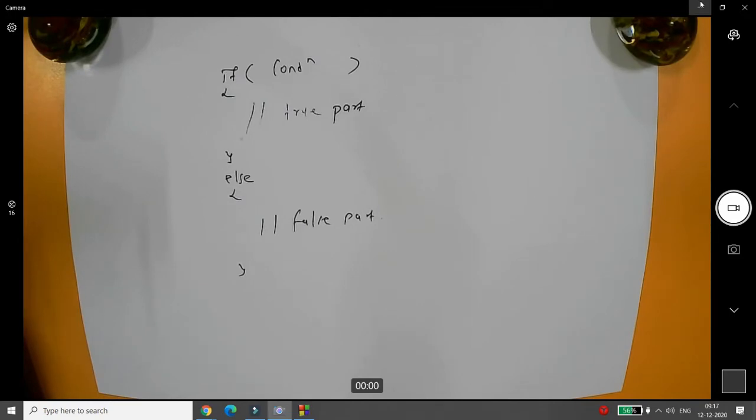If his purchase is between 80,000 and 1 lakh, then I want to give a different discount. If the purchase is between 50 and 80,000, then a different discount. And if his purchase is less than 10,000, then again a different discount. It means my condition and my value is different for each case.